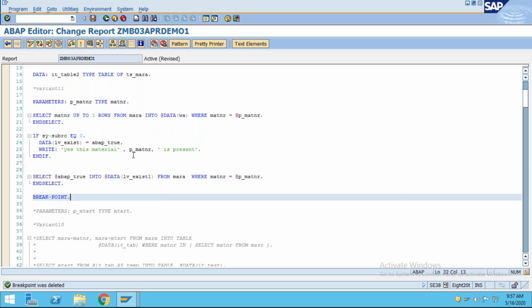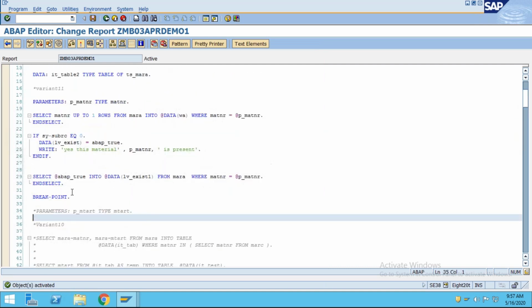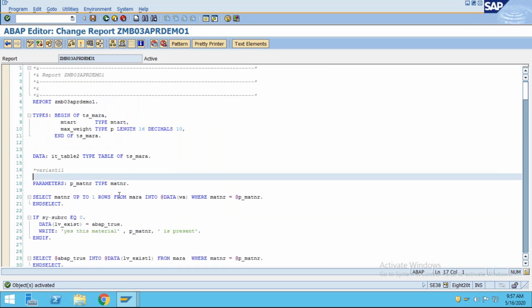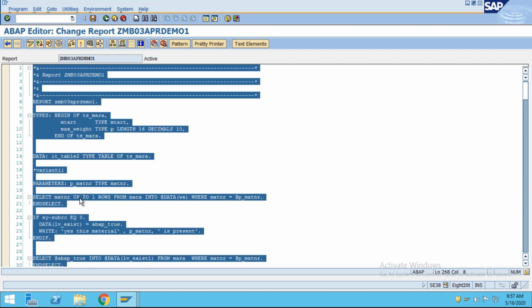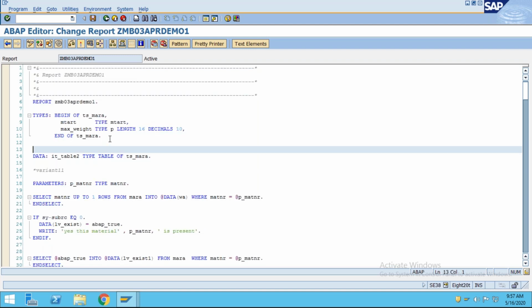So these two things are now very much in demand. Some more, we have the variant, we will see tomorrow. Then we have the COALESCE function, and after that we'll go for the new syntax. Okay, whatever we have seen today is the new OpenSQL syntax. Tomorrow we'll see one COALESCE function, and then we will go for the new syntax in ABAP adopted from 7.40 in the form of table expressions, value expressions, constructor expressions, right?